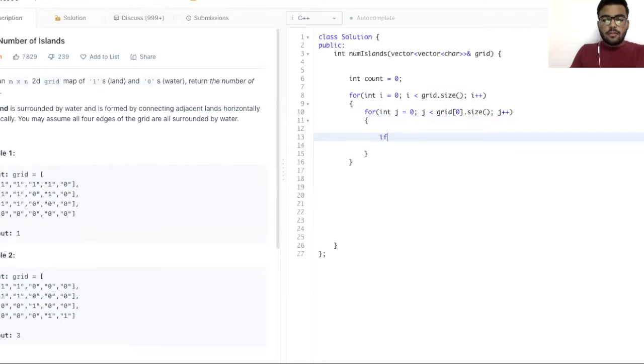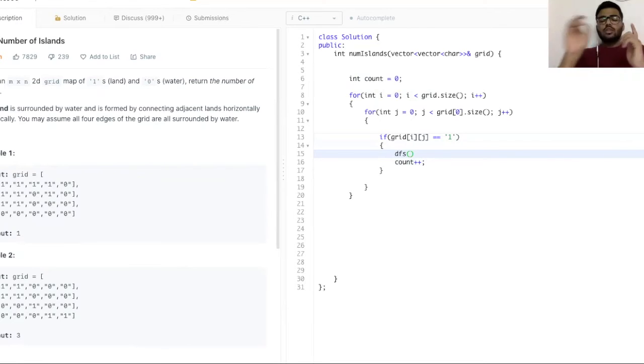Then we check if grid[i][j] is equal to char '1', then we increase the count variable, and we also run a DFS function which will be traversing throughout the land. So DFS of grid, i, j, and then we simply return the count.